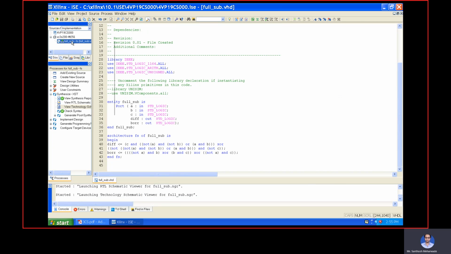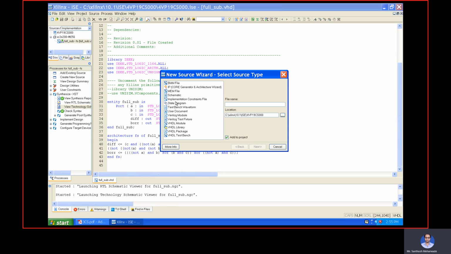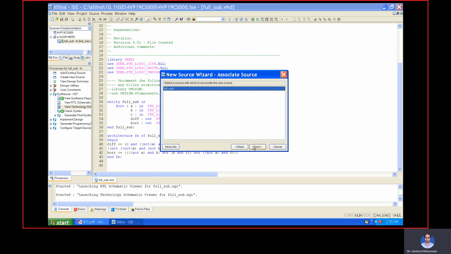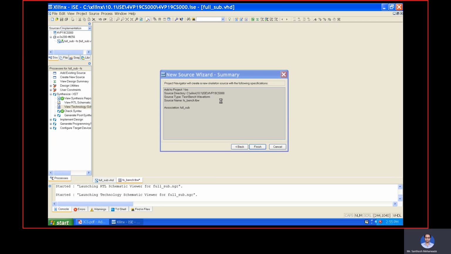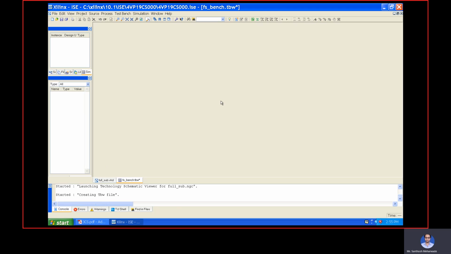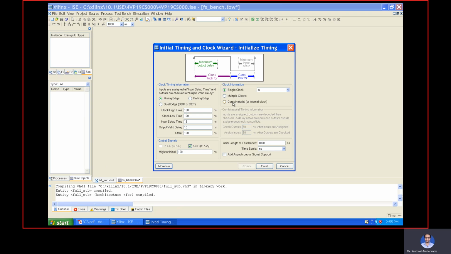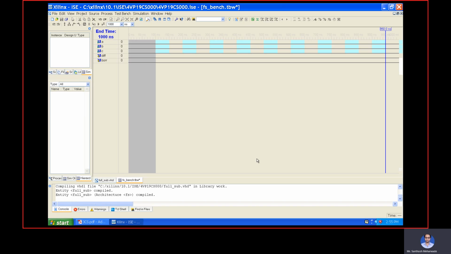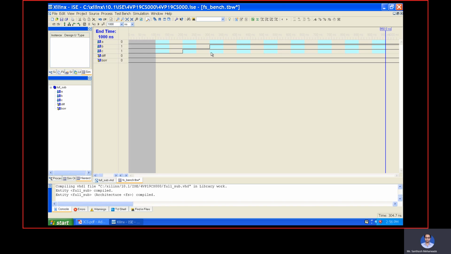Next, click on this file, new source, test bench waveform. So it will be full subtractor underscore bench. Next, finish. So the same thing, combinatorial, click OK, and finally finish. Here also we will go for the same thing, 0, 0, 0, 0, 0, 1, 0, 1, 0.